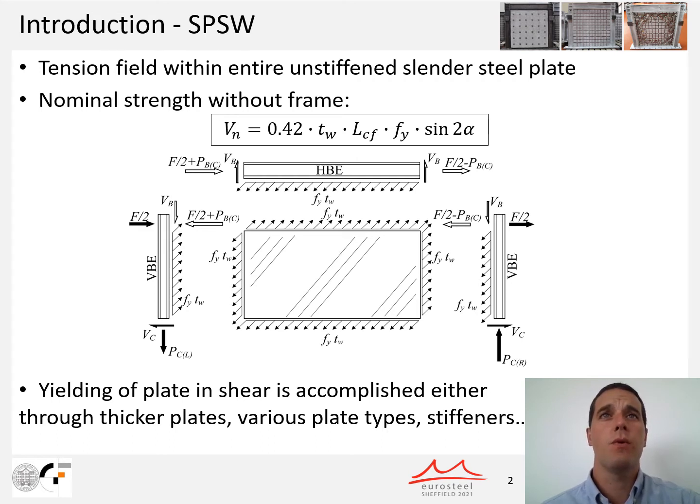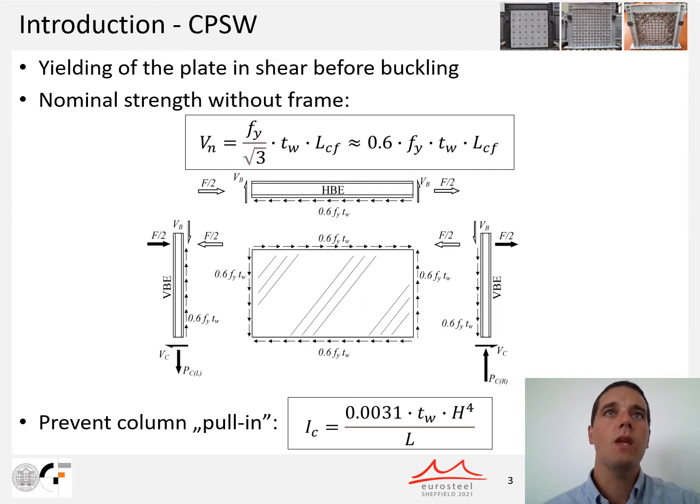To reduce these requirements, but also to increase entire system strength, ductility, and energy dissipation capacity, it is preferred to avoid plate buckling before the entire plate yields in shear. This can be facilitated using thicker steel infill plates, using various types of infills, or by using numerous stiffeners, where all approaches imply a significant increase in cost. An effective solution for infill plate stiffening proved to be the use of discretely connected reinforced concrete panels. Such systems were termed composite plate shear walls.